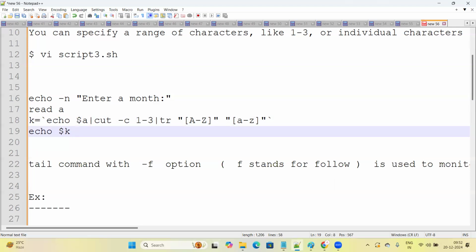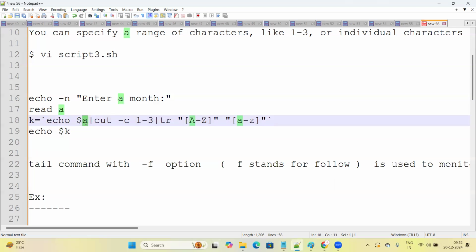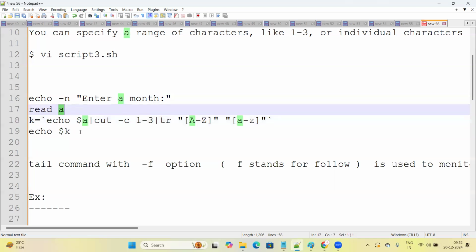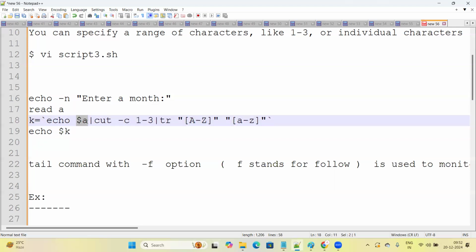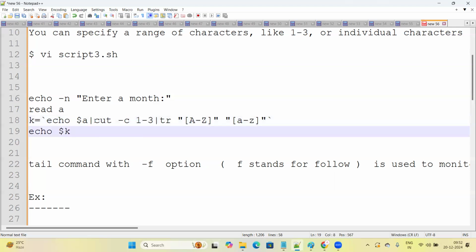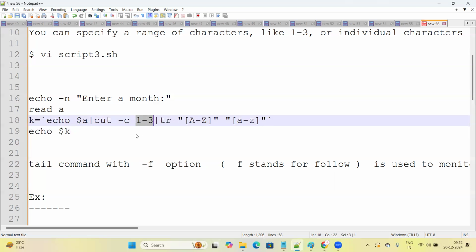We are trying to access the value of A, whatever string you provide from the terminal. It will access that entire string, and from that string it is going to cut the specific character range. How many characters will it cut? If I specify 1-3, only the first 3 characters it will cut, and it is going to translate